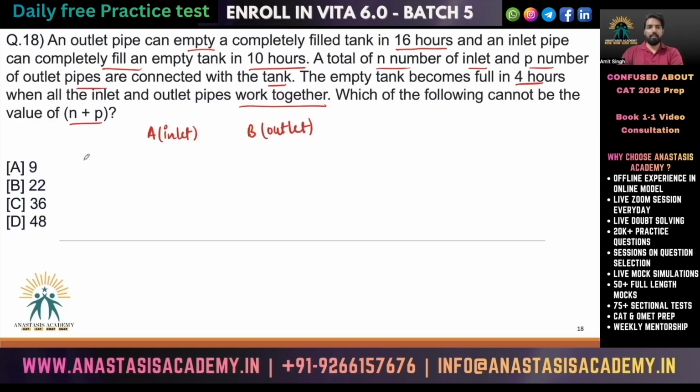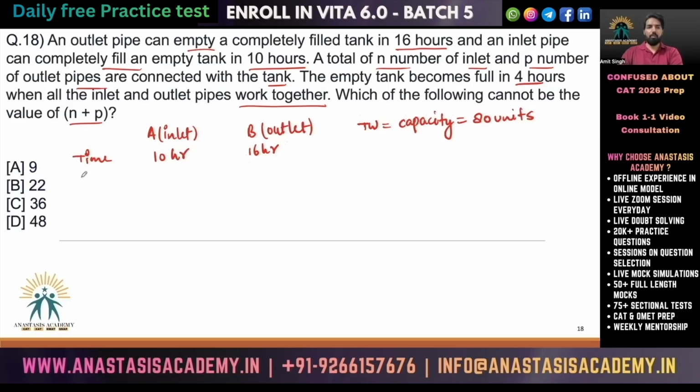So the time taken to fill this tank by an inlet pipe is 10 hours, and to empty this filled tank, B takes 16 hours, right? So I can assume the total work, that is the capacity of this tank, to be a multiple of these two numbers, 16 and 10. So that could be 80 units,